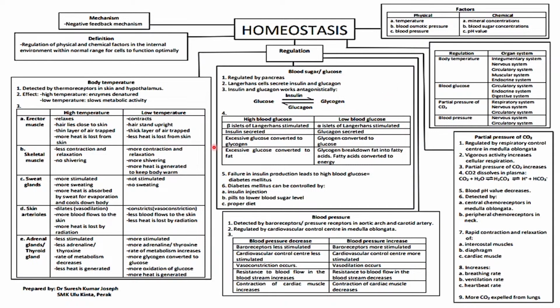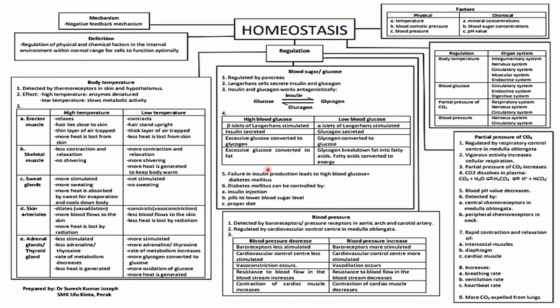Alright, so when the blood glucose level increases in the blood, the beta islets of Langerhans will be stimulated to secrete insulin. Excessive glucose is converted to glycogen, and also the excessive glucose will be converted to fat. So when the excess glucose becomes fat or glycogen, the level of glucose will decrease in the blood back